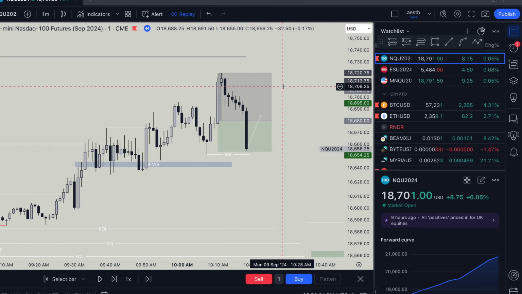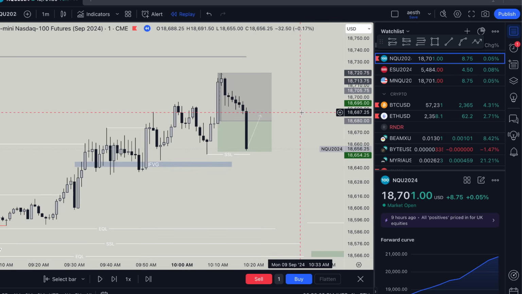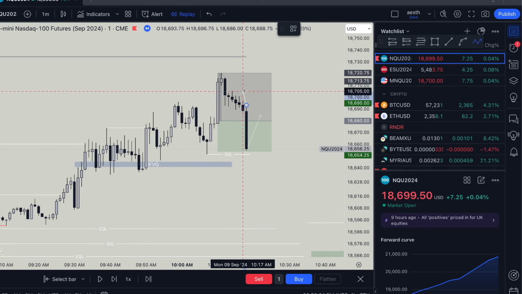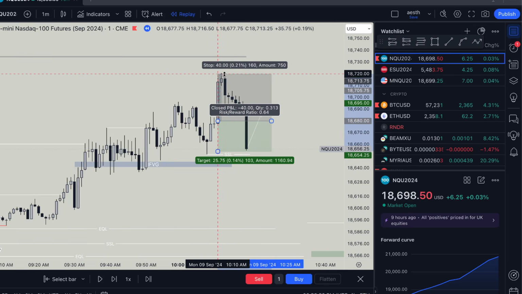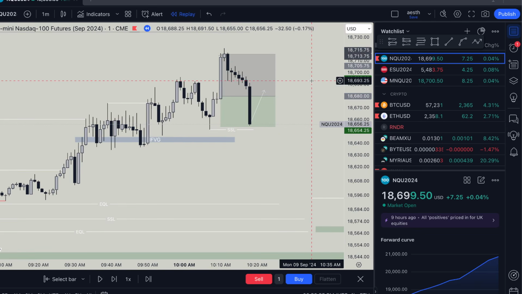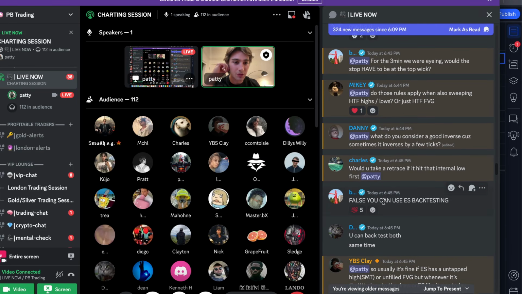Honestly, I'd say if you're unprofitable, put your stop losses at swing highs and swing lows, just at the wicks. Because it happens pretty often where it can go up to here and suddenly you have an SMT at the top, or it just runs lower. But the thing is, inversions a good amount of the time do utilize a decent amount of momentum, so you don't need such a hyper specific stop loss. You just want the inversion to have enough room to do its thing. But that's something you'll just get better at with screen time.